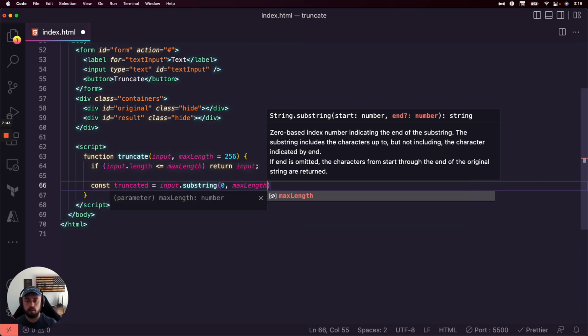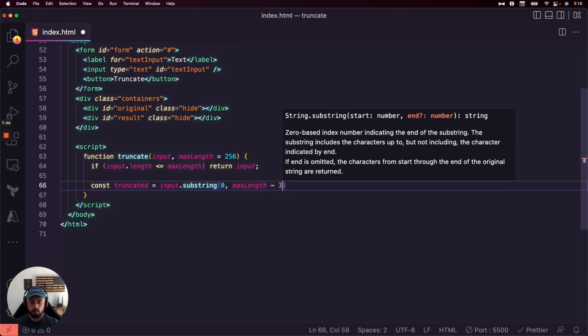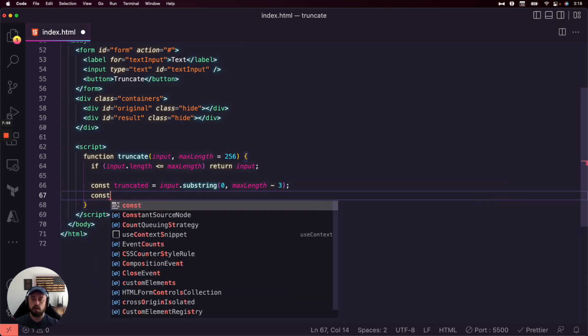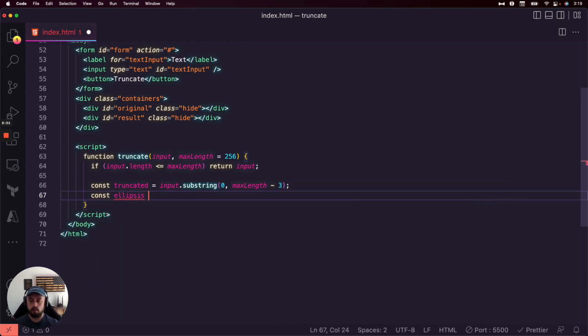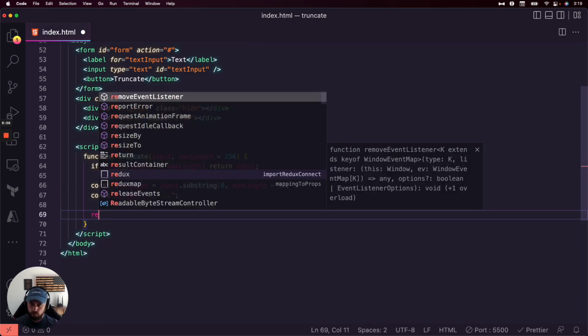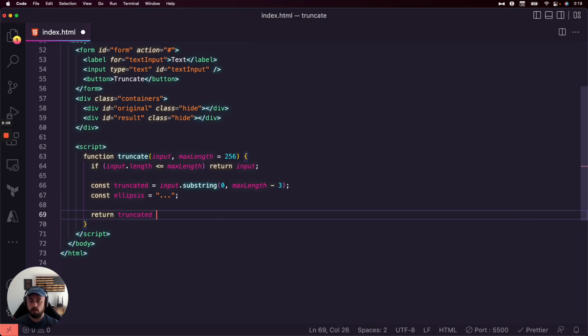Now, we saw earlier in the Google results that usually there's an ellipsis, or 3 dots, after the truncated text. To account for that, I'm going to subtract 3. Then I'll set a variable called ellipsis equal to 3 dots, and return truncated plus ellipsis. Here we're just concatenating the 2 strings together. Okay, so if we save this